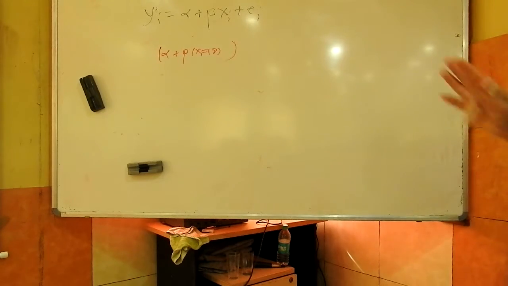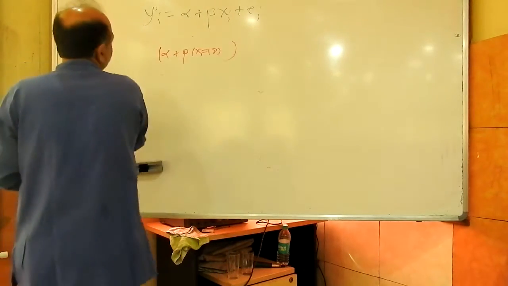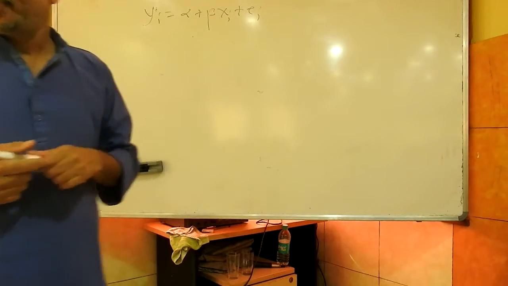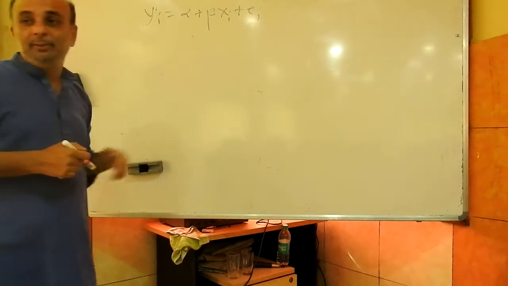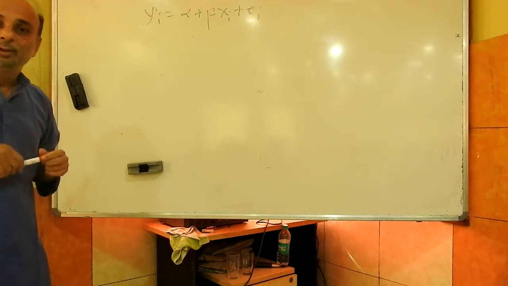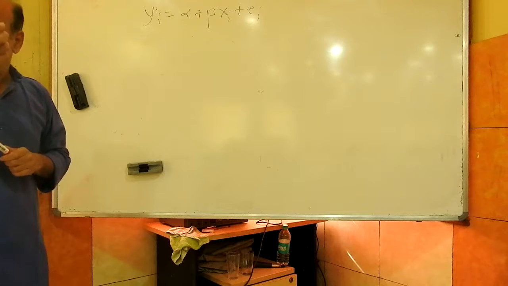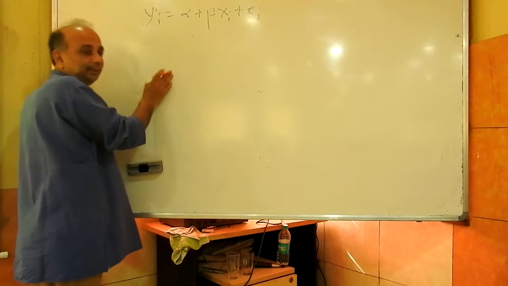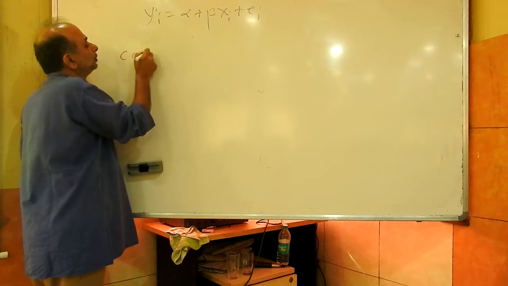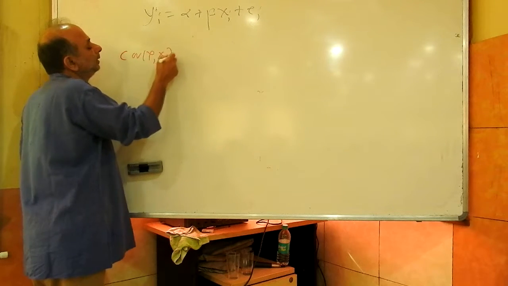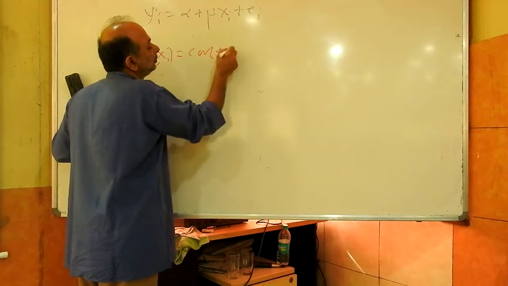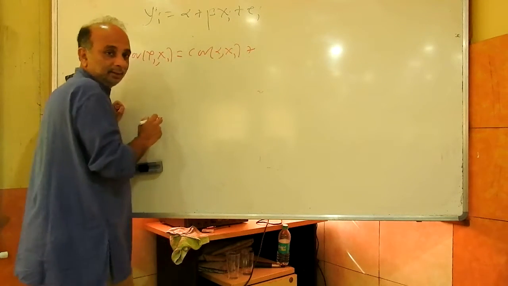Okay. So this is the population. I want to estimate alpha and beta. I want to know what alpha and beta are. That's the whole idea, no? So I take the covariance of y with x on both sides. We have done this; I'll quickly recapitulate it for you. So covariance of yi with xi is covariance of alpha with xi,